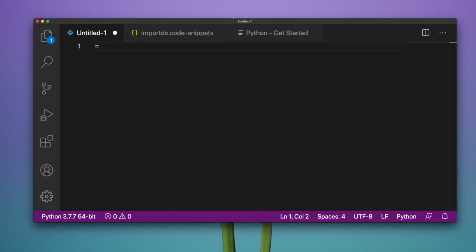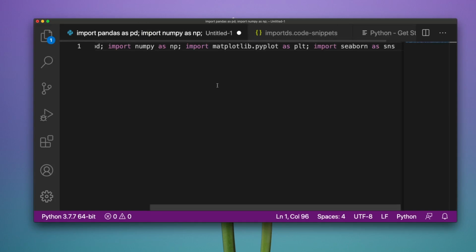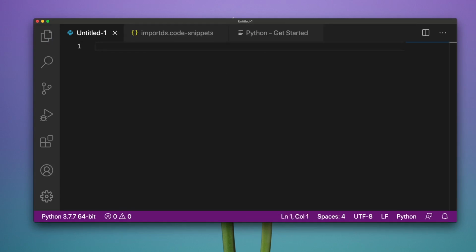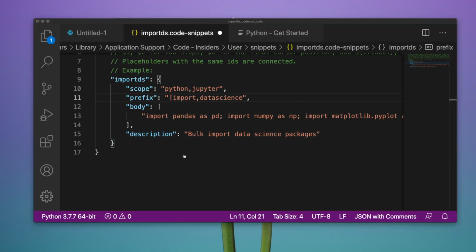Let's go and say the trigger word, in this case, is import. If you say import, you can see import data science. It's telling you to import this. Click it, and you would get all the packages. The other trigger word is data science, for which it's actually not triggering. Let me see if we have to make it a list. I think if we make it a list, it would probably trigger for multiple words. Let me quickly see that.